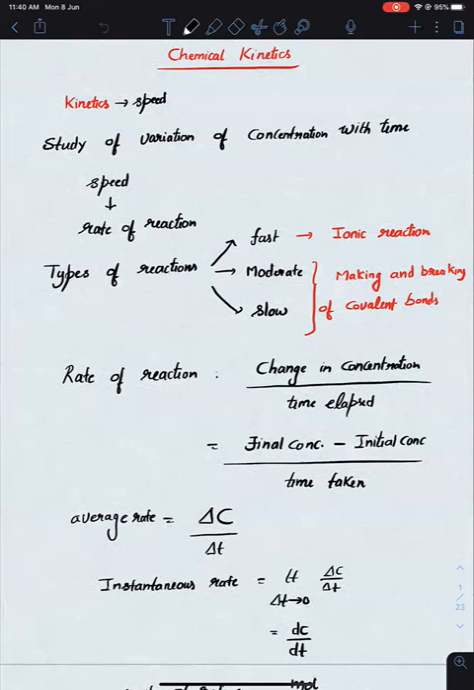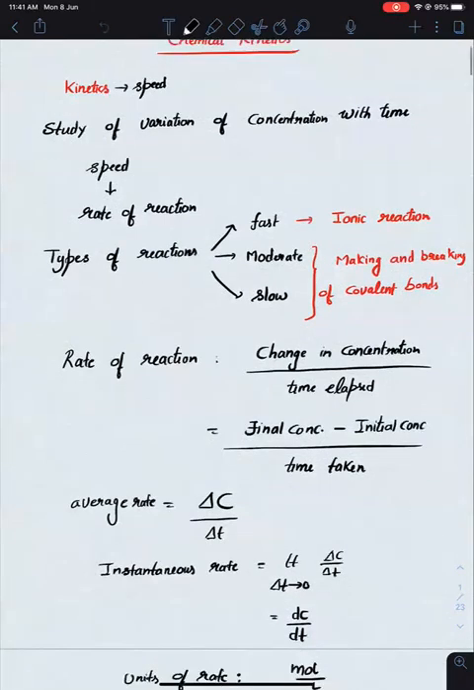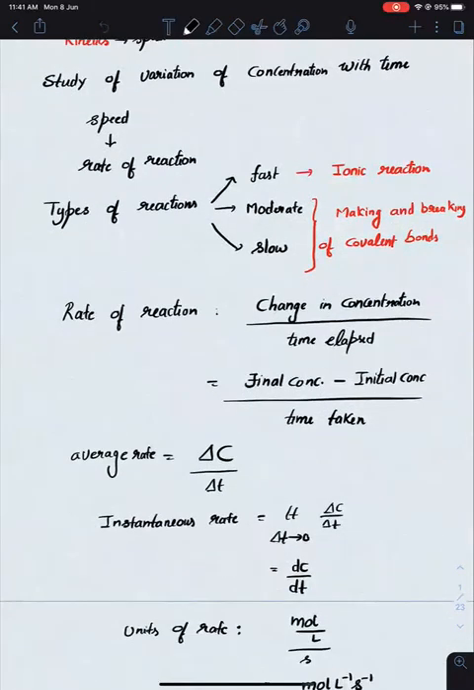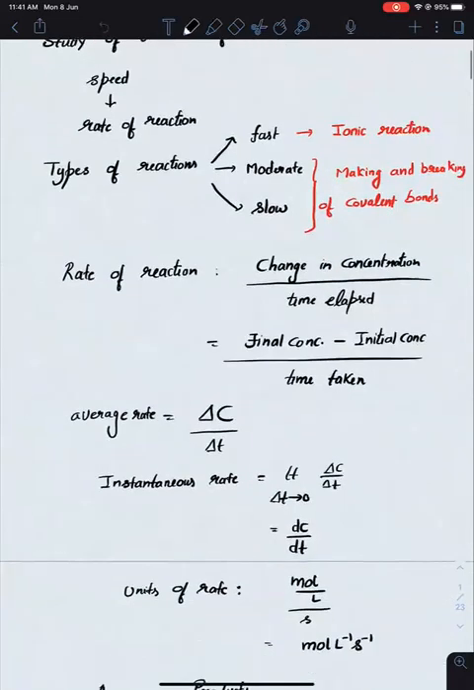Any reaction which involves breaking and formation of covalent bonds comes under the category of moderate and slow reactions. And we have defined rate of reaction as change in concentration upon time taken for that particular change. We can define two types of rate: average rate as well as instantaneous rate. Average rate is the total change in concentration in a given interval of time. Instantaneous rate is the change in concentration with respect to time at that particular given instant, at that point of